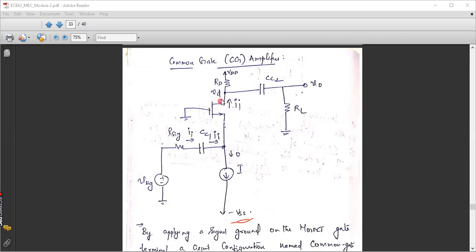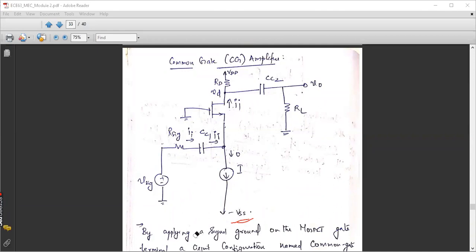Small letter Vd is the AC drain voltage and small letter V0 is your output voltage, which I am taking across the load resistance through a coupling capacitor. Like the previous circuitry, here also I have included a drain resistance RD connected to the drain and supply voltage VDD. That is the same. The source portion is also the same. The only thing is that the input is coming towards the source instead of going towards the gate. The remaining portion is the same.